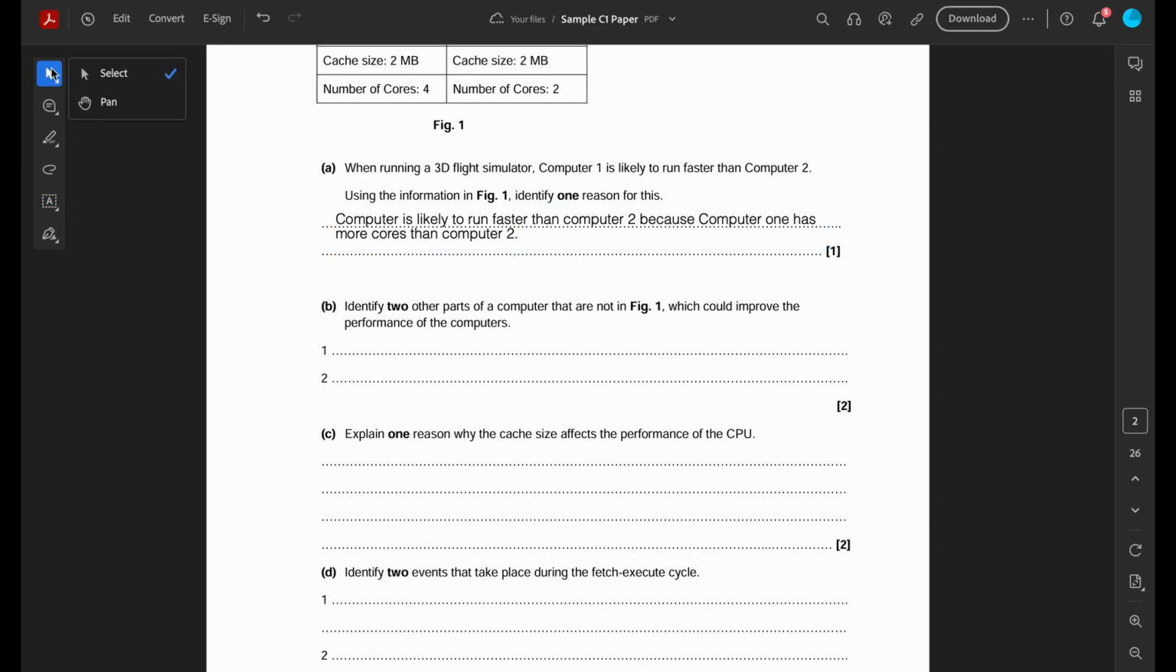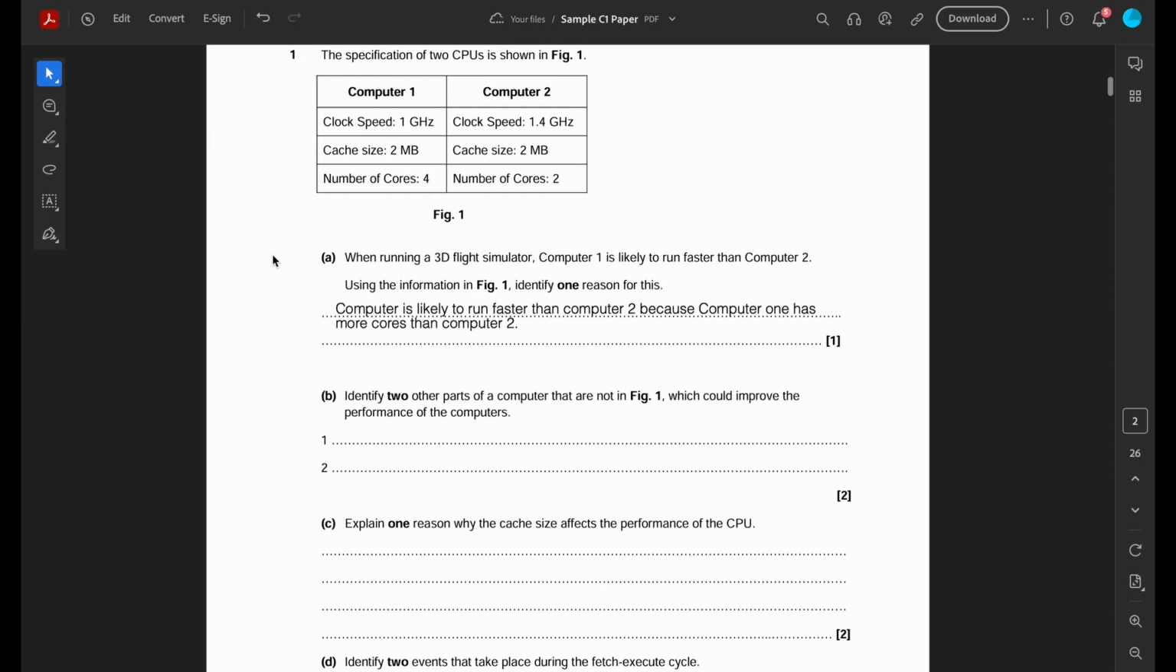Part B, identify 2 of the parts of a computer that are not in figure 1. Right, that's really important in these kinds of questions. 2 other parts that are not in figure 1. So figure 1's all about the CPU. So we give 2 parts inside the computer that will help improve the performance of the computer. So again, let's get that in the text box, and we're going to put in